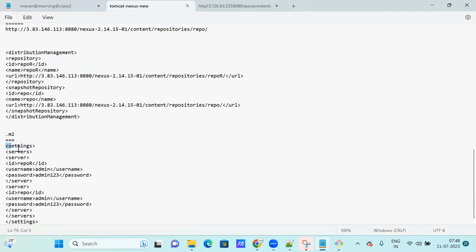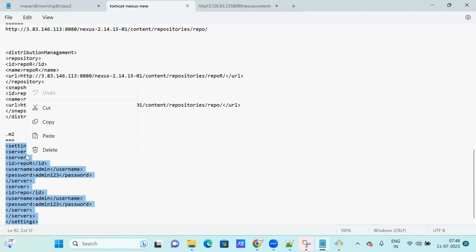So you have to copy this. What is in settings.xml? Servers. This one is for your release repo, and this one is for your snapshot. You can maintain that. So the same thing: take this and create a settings.xml file